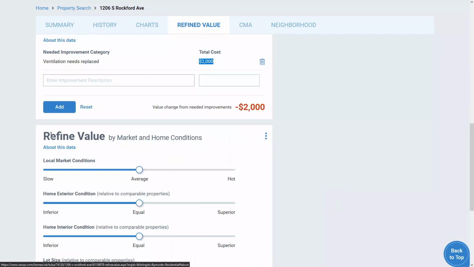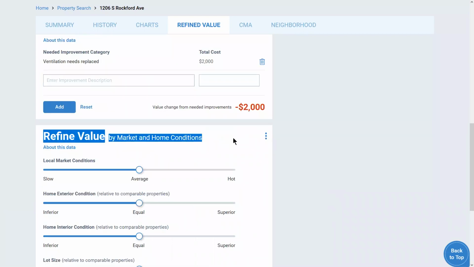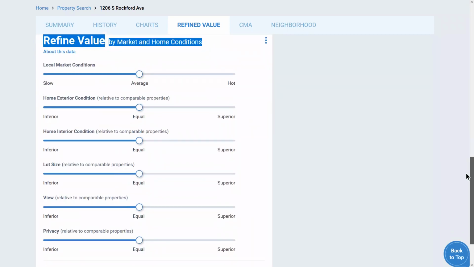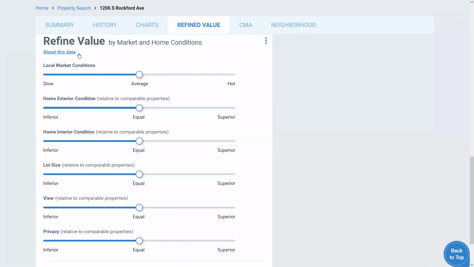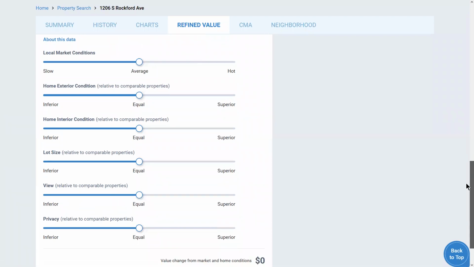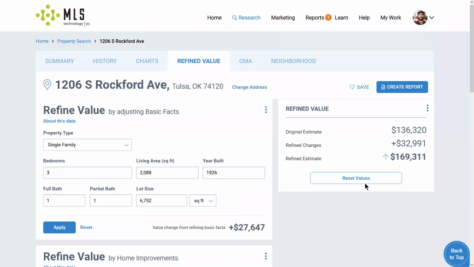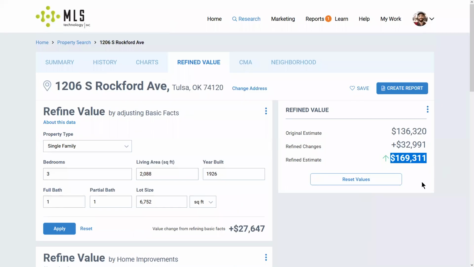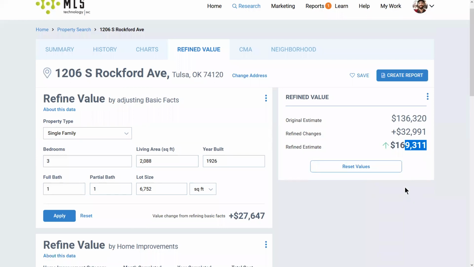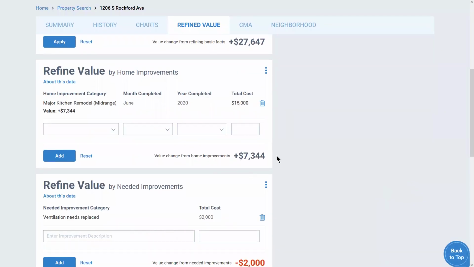of your job. But anyway, a little further down, we have our refined value section. This is where we can actually give a little bit more of a subjective view of things. Now, my perspective on this is that whenever you guys are working with this refined value with the sliders, try and make it so that you can see the value that you're changing it by down here at the very bottom of the screen. Because if I have a specific number in mind, like let's say that my client's got 170,000, I wanted to get this to actually be around 160,000. So I needed to somehow deduct $9,000 just to make sure that, all right, yeah, you did some nice improvements,